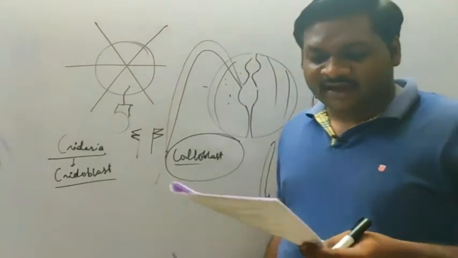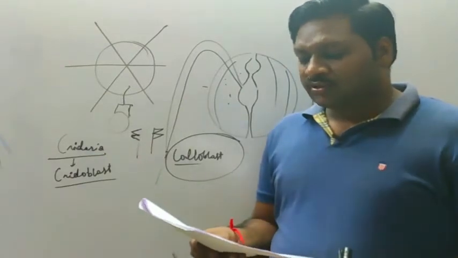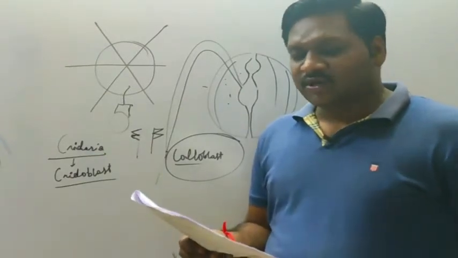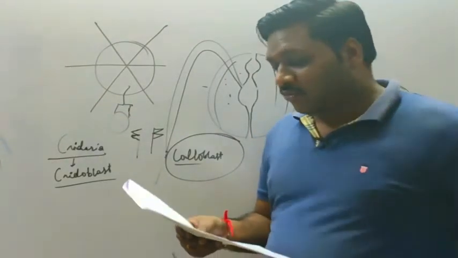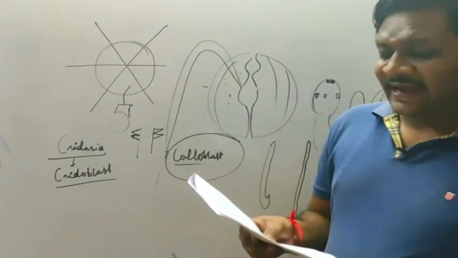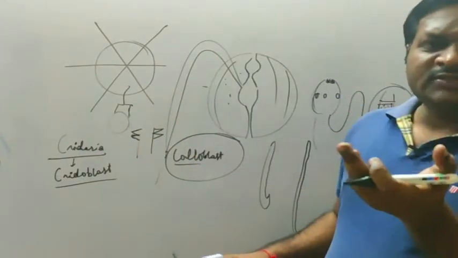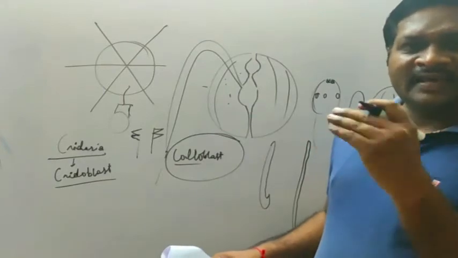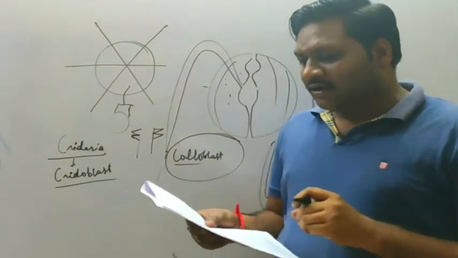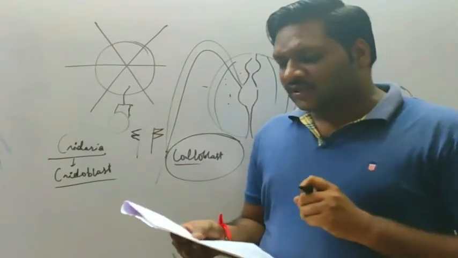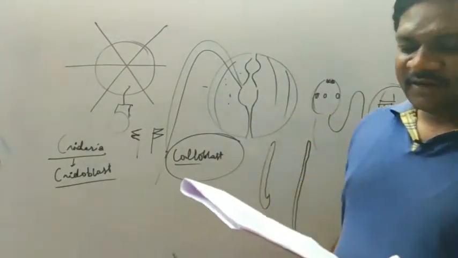Then question number 165. In Echinodermata, the members of which class have mouth and anus on the same surface of the body? In echinoderms, as we have discussed, in most starfishes we see the mouth and anus at the dorsal as well as ventral side. But in the case of Crinoidea type of echinoderms, they have the mouth as well as anus on the same surface of the body. So option B will be correct.